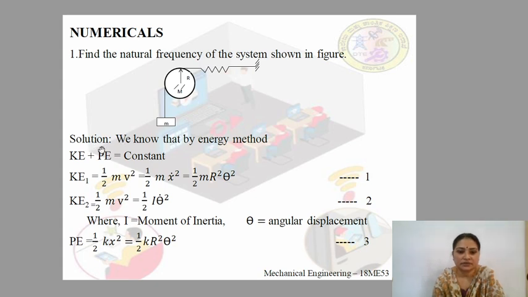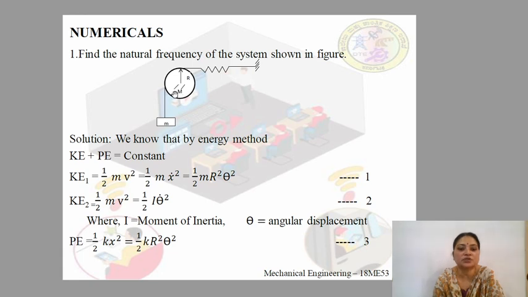Let us solve the problem. This is the solution. We can solve this problem by any of the methods, but now we will solve it by the energy method. As we know, in the energy method, kinetic energy plus potential energy is equal to a constant. Since there are two masses, one moving in the linear direction and the other moving in the rotational or angular direction,